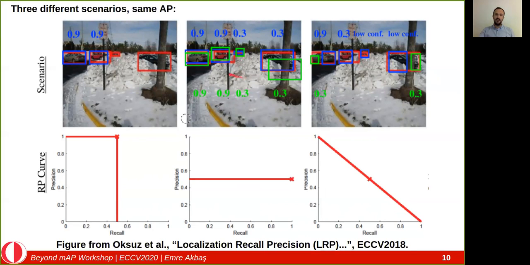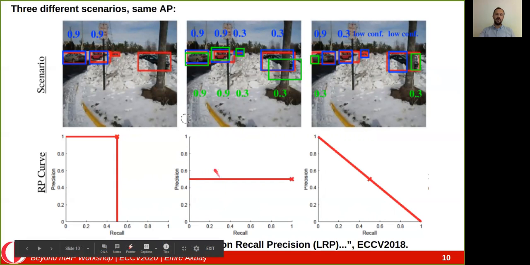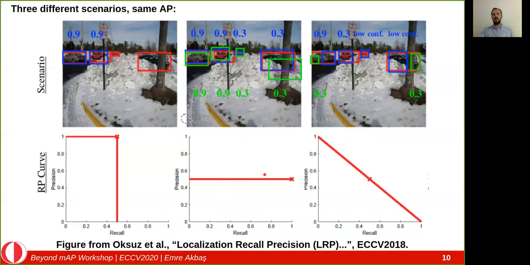Plus, there are some high confidence false positives. Therefore, precision is not perfect to begin with for early recall values, and it stays the same for later recall values as well. In the third case, again, all ground truth boxes are successfully recalled, and some of them with low confidence